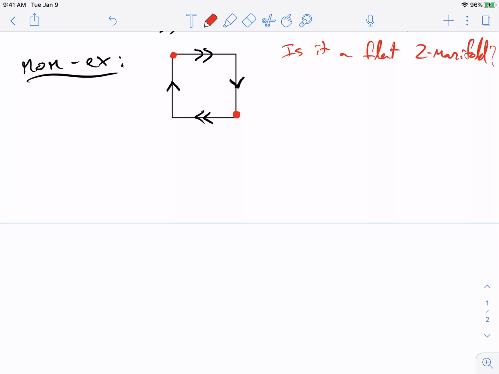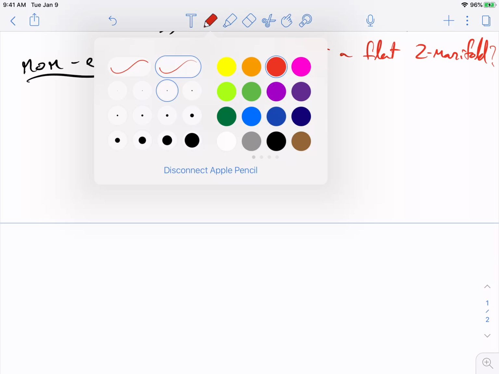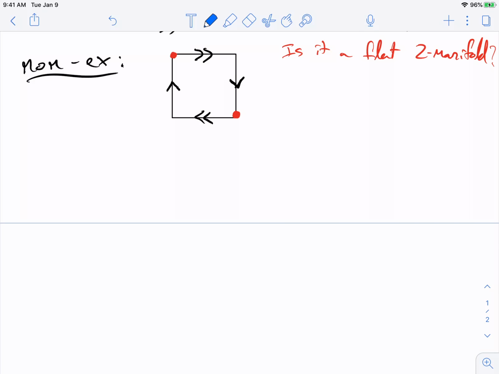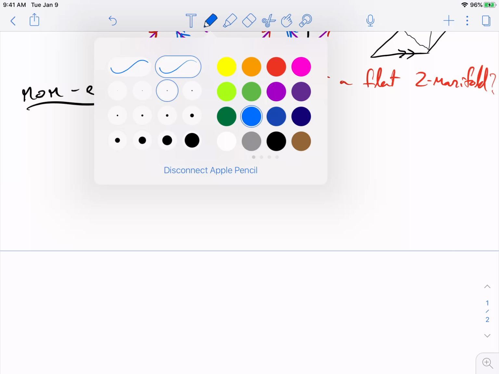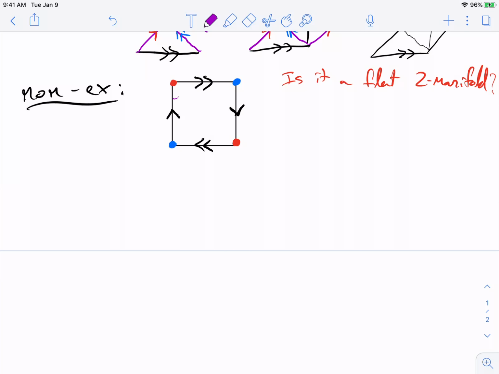And this is the bottom of the two arrow now, which gets glued back up here, because that's also the bottom of the two arrows. So these two red points are the same after I glue together. And then this blue point, this is the bottom of the one arrow and the top of the two arrow. That gets glued to the bottom of the one arrow and the top of the two arrow. It's glued like that. Okay, and so if I look at just a small region around the red,